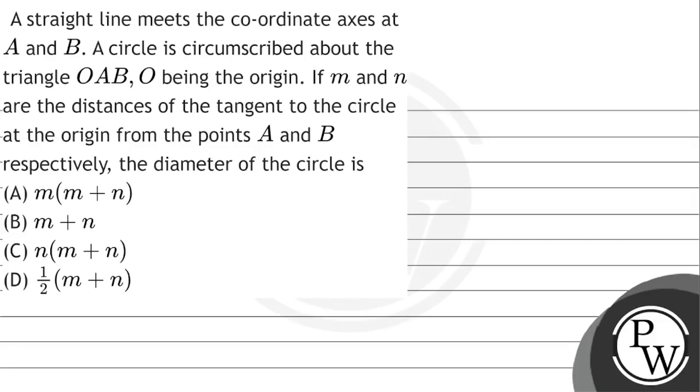Hello students, দেখে নেওয়া যাক অঙ্কটা কি আছে। Let us look at this question. A straight line meets the coordinate axes at A and B. A circle is circumscribed about the triangle OAB, O being the origin. If M and N are the distances of the tangent to the circle at the origin from the points A and B respectively, the diameter of the circle is, চারটে অপশন আছে, আমরা অঙ্কটা করব আর দেখে নেব কোন অপশনটা